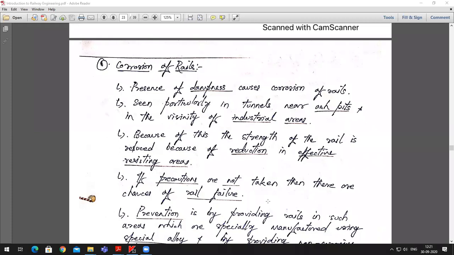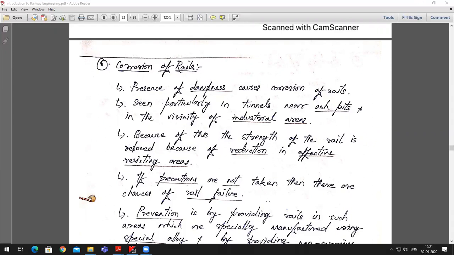When the trains move on these kinds of sections, the protective layer gets removed, and then it gets exposed again to corrosion, and the corrosion happens. Now when this corrosion happens over a period of time, the disintegration of the material causes a loss of material, and that's how the rail will start losing its capacity. It starts losing its actual dimension that is expected as per the standards. So this corrosion is one of the biggest problems that we see in railways.